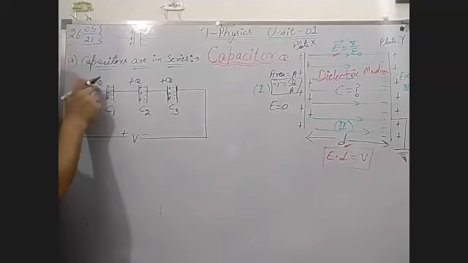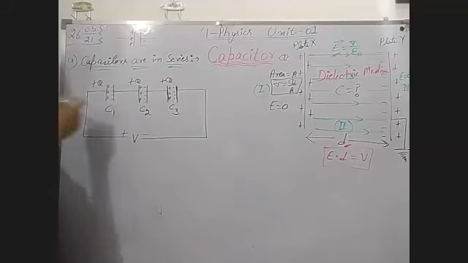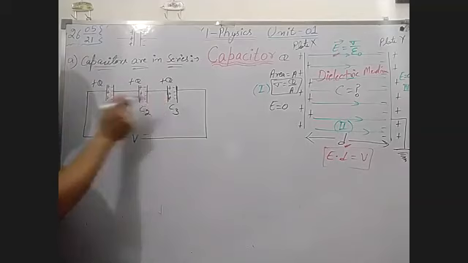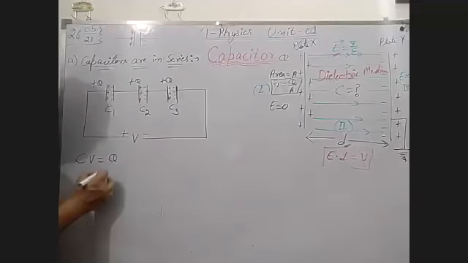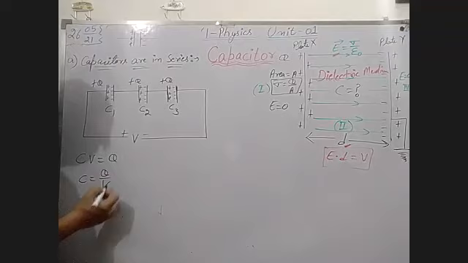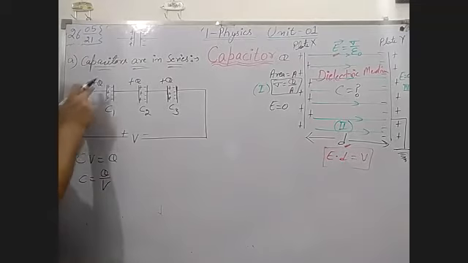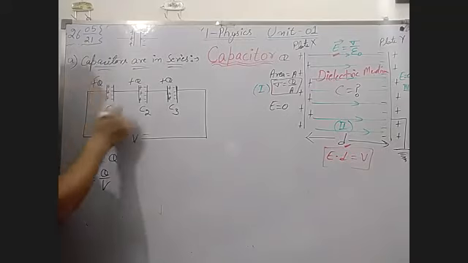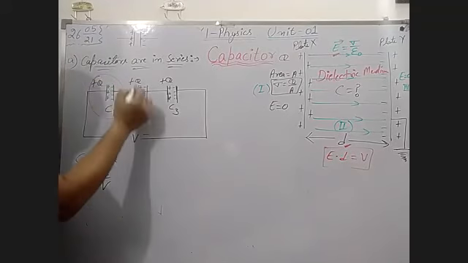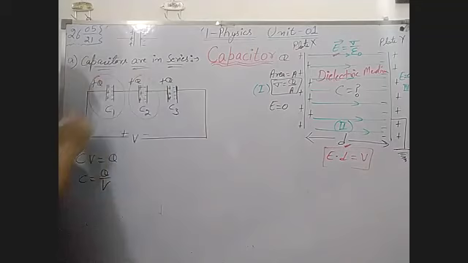Now this is capacitance, this is Q, and this is V. Now this potential is divided into 3 parts. This is Q, this is C, and you know very well capacitance has the formula CV is equal to Q or C is equal to Q by V. If Q is there, V is there, then capacitance is there. Now Q is there, C1 is there, then you know very well potential is there. Now Q is there, C2 capacitance is there, another potential is there.